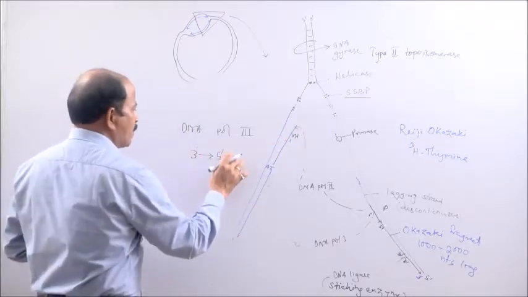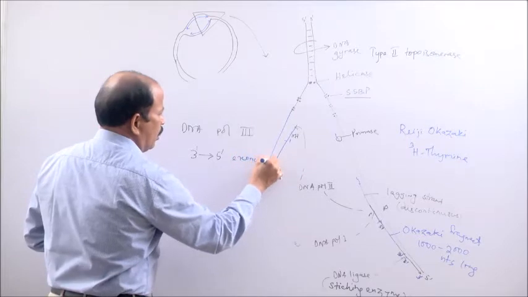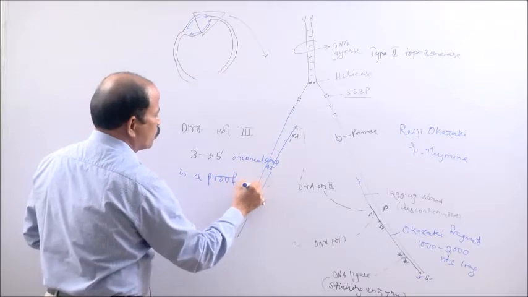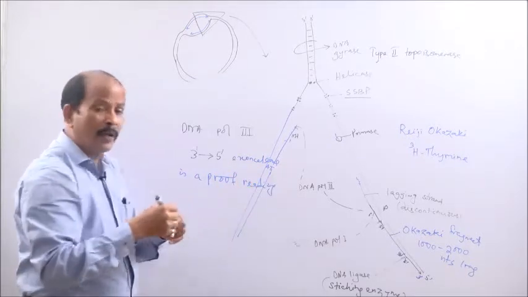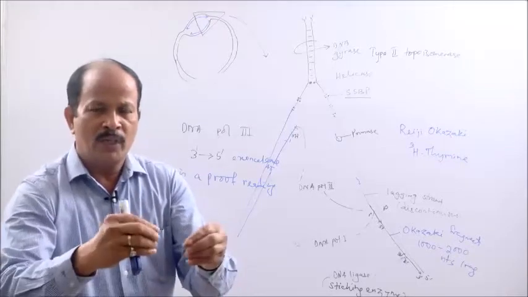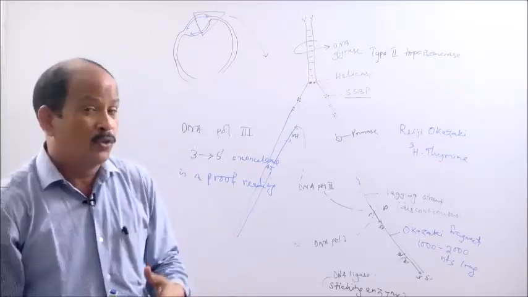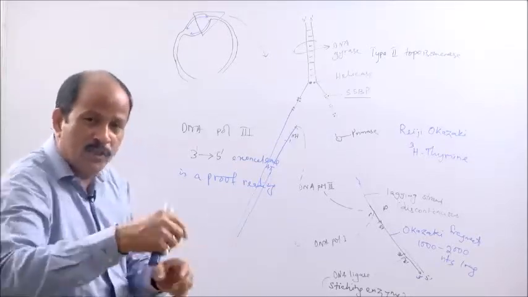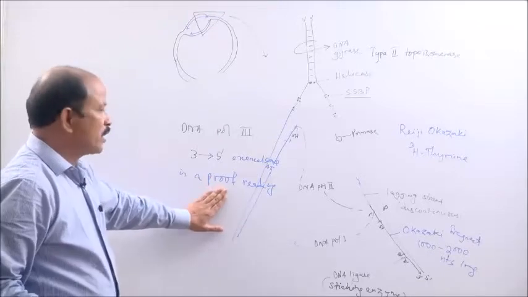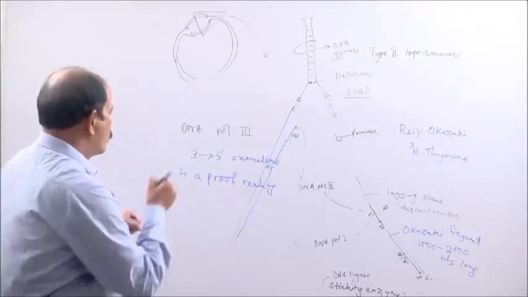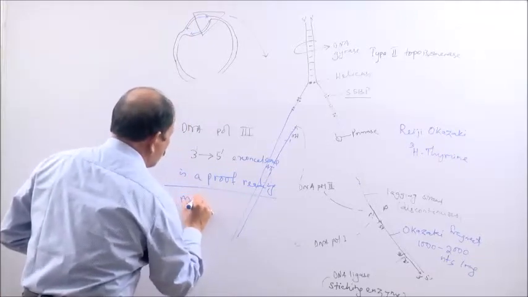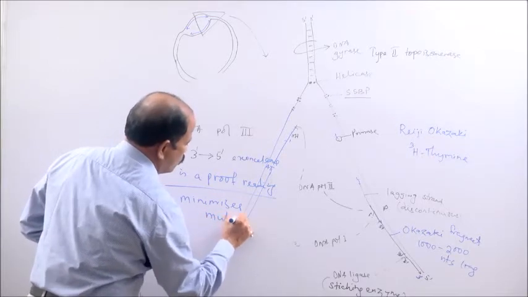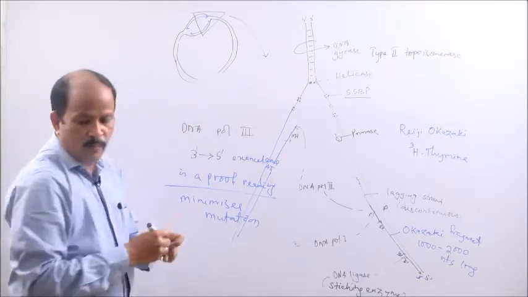So the 3'-5' exonuclease activity is a proofreading activity. It proofreads whether the writing by me, or the incorporation of bases added by me, by the enzyme, is correct or not. When it is found to be wrong, it goes back, comes back, removes this, corrects this, and so that property is called proofreading activity. So this activity minimizes mutation. This minimizes mutation errors. So errors are minimized by this mechanism.